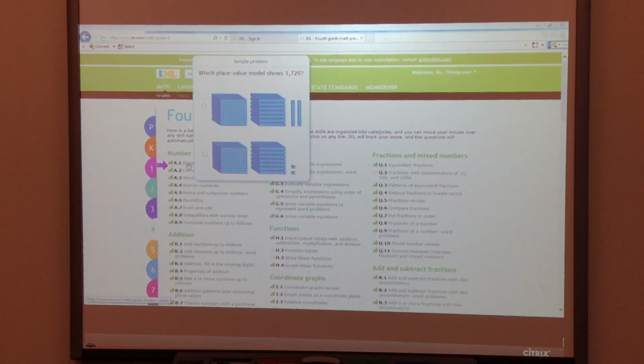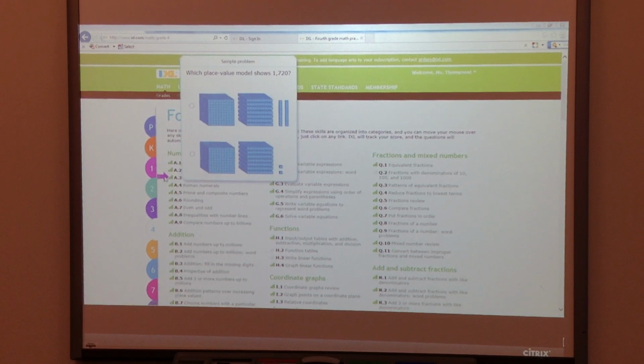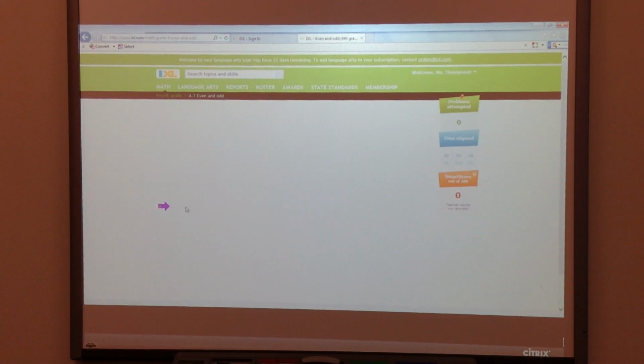Place values. You will notice that as I hover over this, actually I'm going to choose the easier one because it takes me a while to count those. So let's do primary. Let's do rounding. Actually, let's do even odd. Let's see how easy that is. Okay, so if we take a look at even odd practice in this case, what we're going to notice